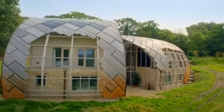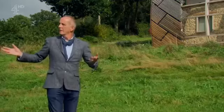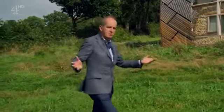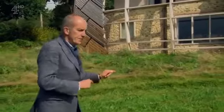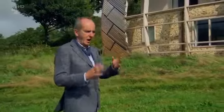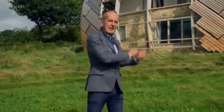So, just when you thought architecture was getting a bit dull, and the only way to enjoy a view as beautiful as this is from behind a big glass wall in a box, along comes Stephen and Elizabeth, and they built something like this. Okay, so planning did demand that it should be of outstanding architectural merit, and it is outstanding, but it also stands out